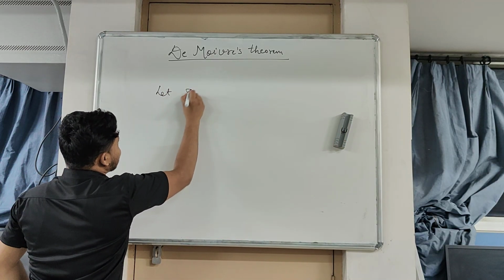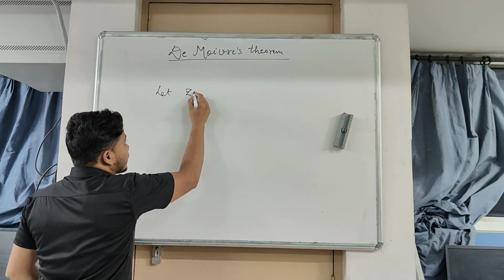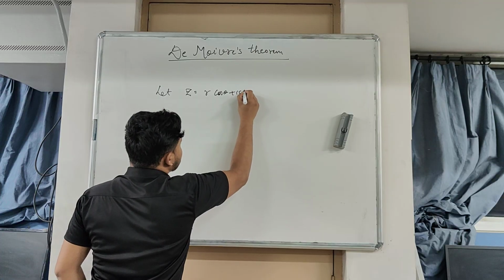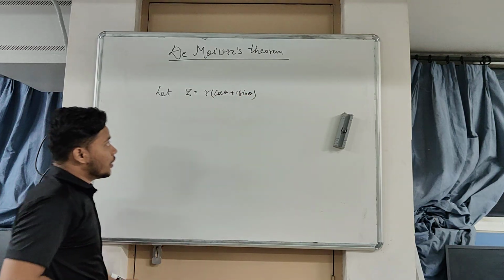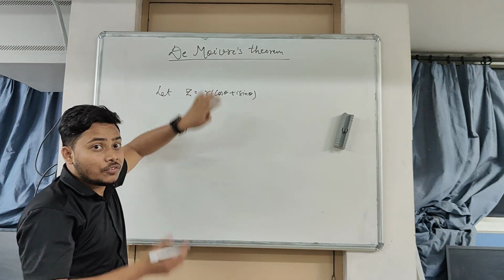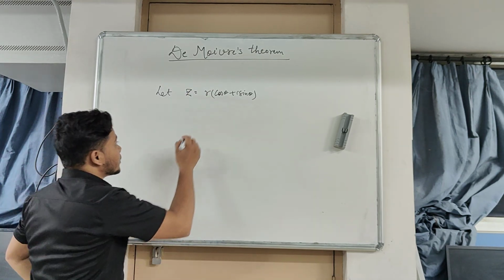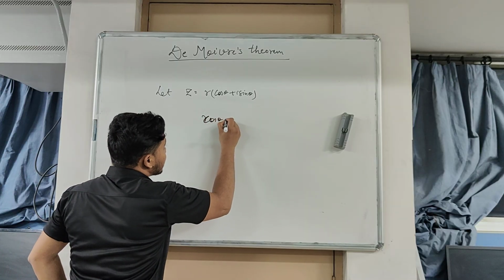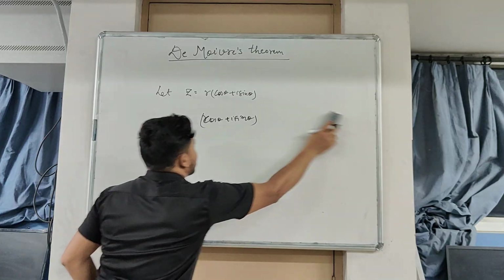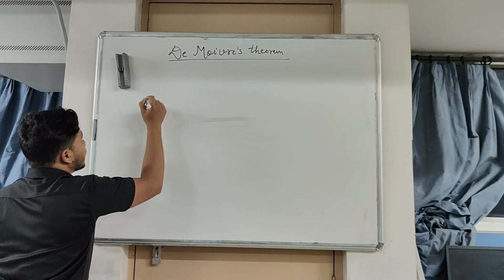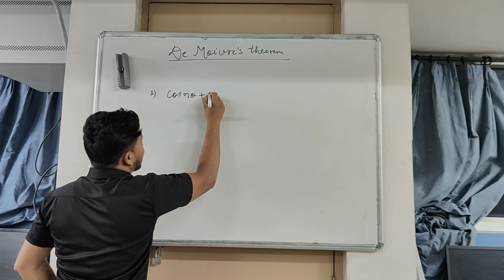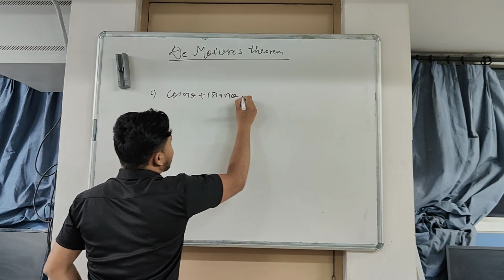Let z be any complex number, then z can be represented as r times cos theta plus iota sin theta. This is the polar representation of a complex number. Here, using de Moivre's theorem, we deal with those numbers that can be represented as cos theta plus iota sin theta only. Now, statement first. Cos n theta plus iota sin n theta is the